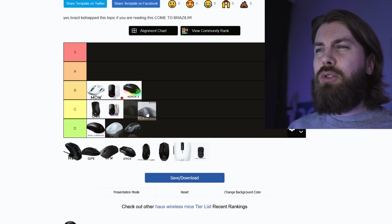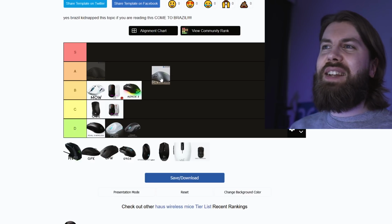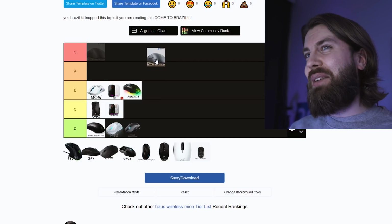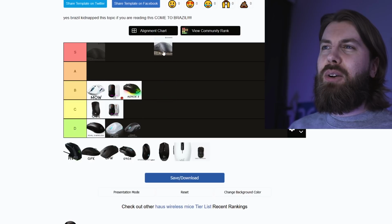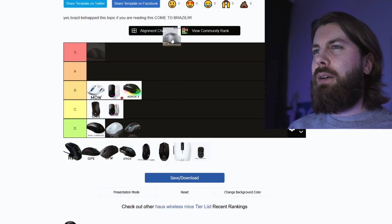Then the Deathadder V2 Pro. This is one of Triple's, my podcast has NVC in there. It's his all-time favorite mouse. He would definitely put it on S tier. I don't know. It's pretty expensive. I don't like the shape that much. For me, it does have to go to...